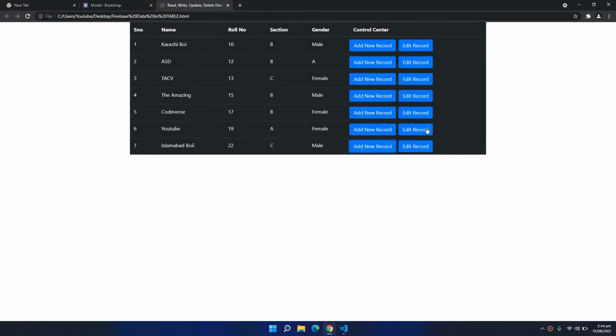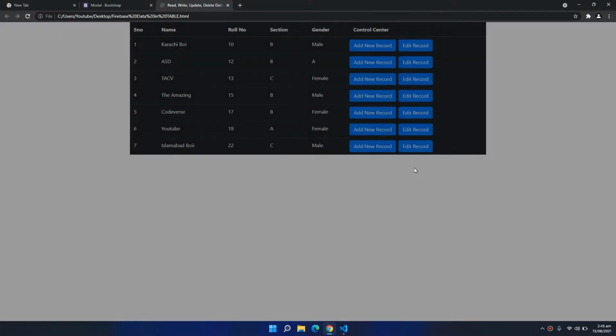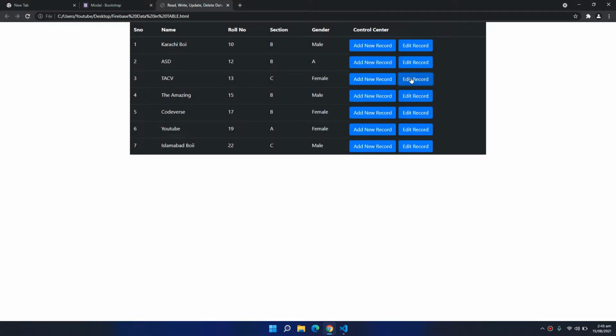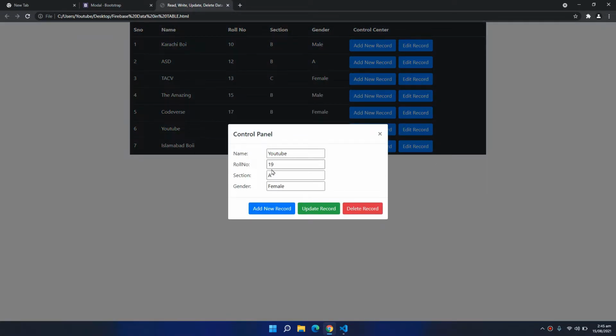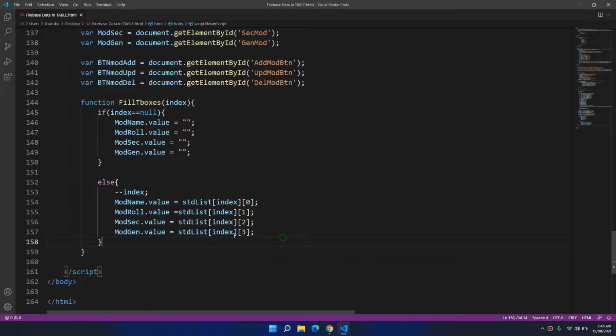But when I click this edit record, if I'm clicking the button of TechV, then all of its information will be filled, and this is happening with the help of the array. If I click another record, this YouTube record, all of the information is getting filled. So we are achieving the results with these array indexes.